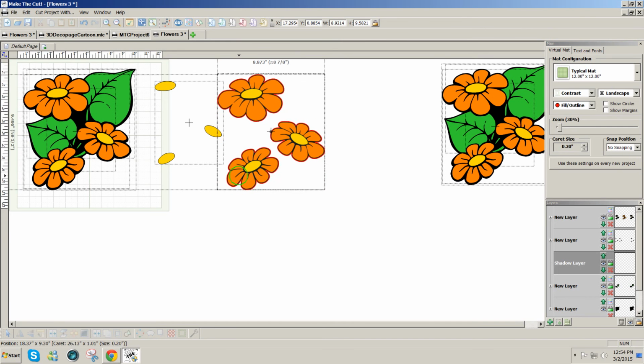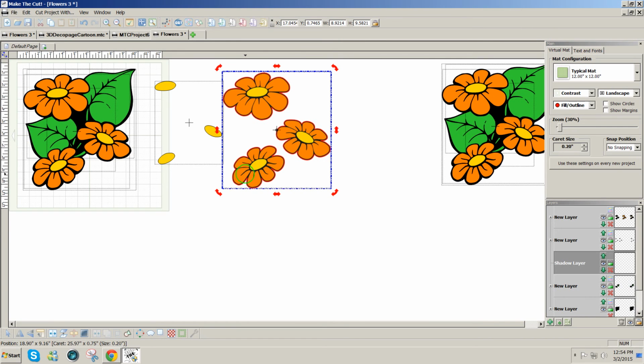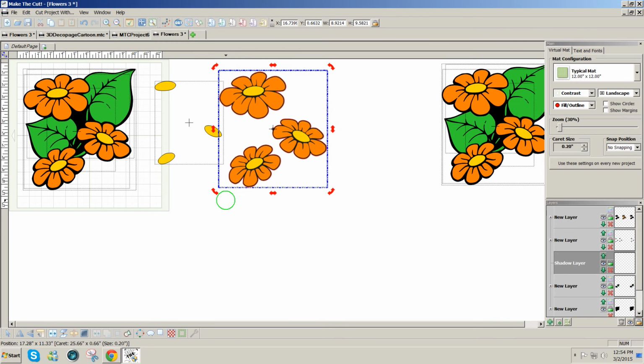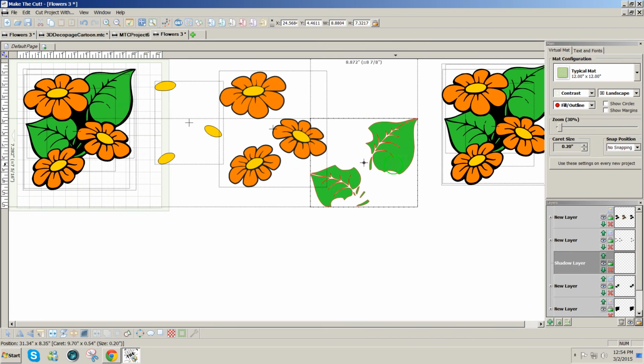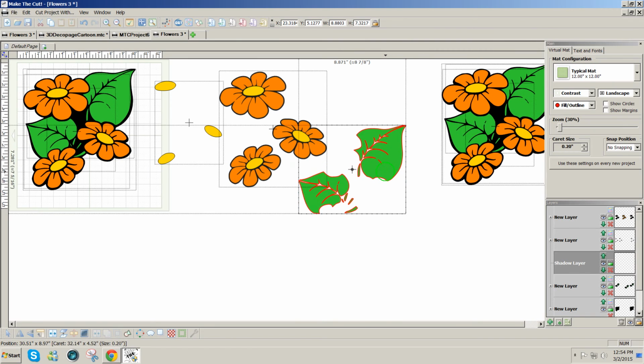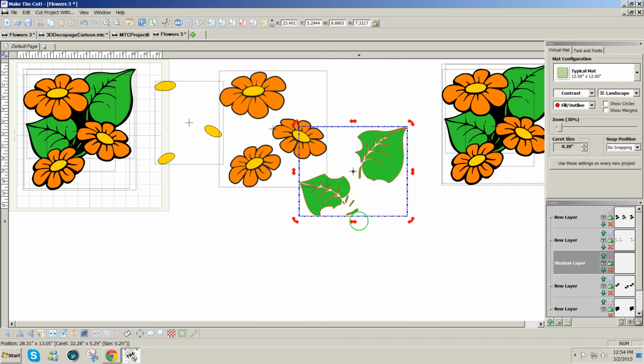The next step would be to take the third part that I would like to have as a layer, and that would be these leaves. So I'm going to do Control Shift and drag to get another copy of this. Now when I do this, I would really not like to have the tiny little pieces to have to layer. So to take care of those, I click on Split, fifth icon from the left on the bottom toolbar, and I'm just going to take away these tiny little pieces